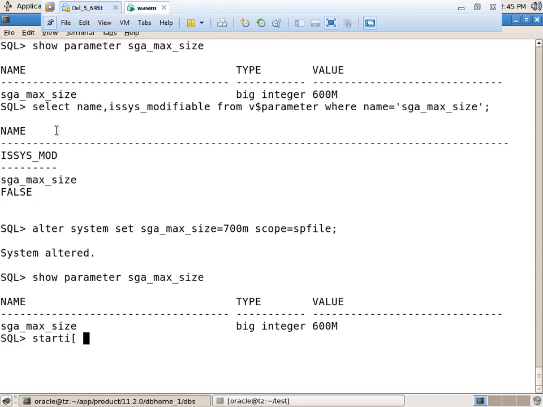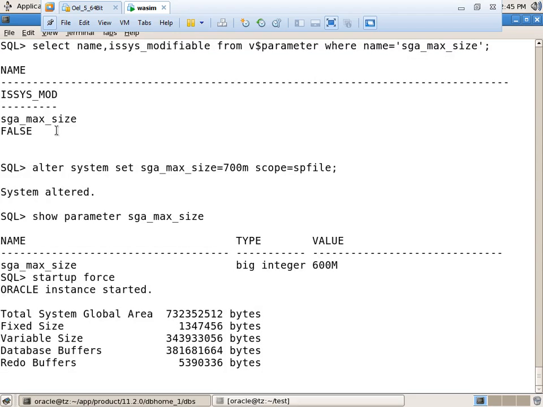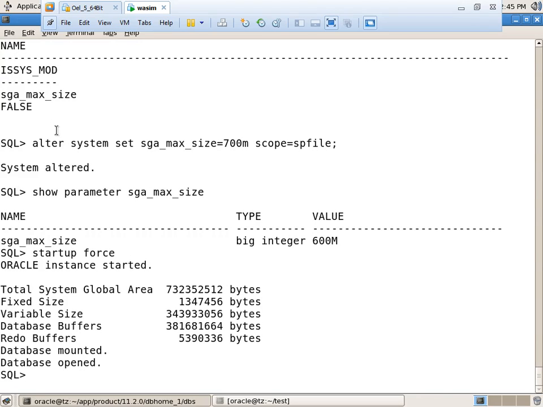Just startup. Till now, any doubt? Just I am clearing the screen. After that I will check the value. Okay.